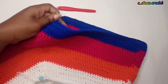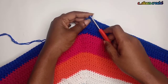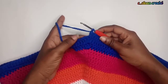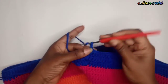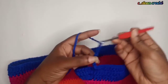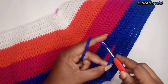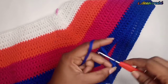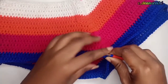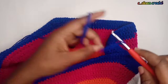Yes, so after getting to the 3rd row, you make a chain. Okay, so you make a chain. The longer your chain, the bigger your work becomes, or the down part of your shawl becomes. So you just chain according to how wide or how big you want your work or your shawl to look